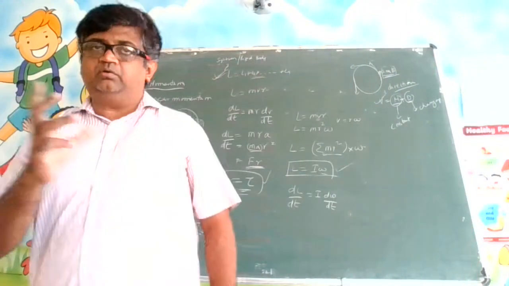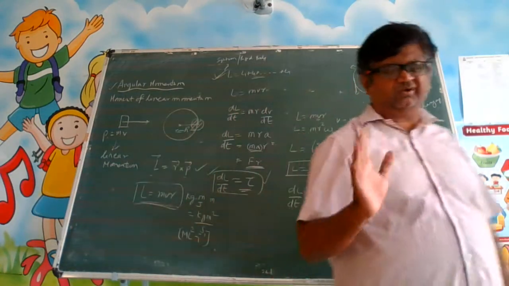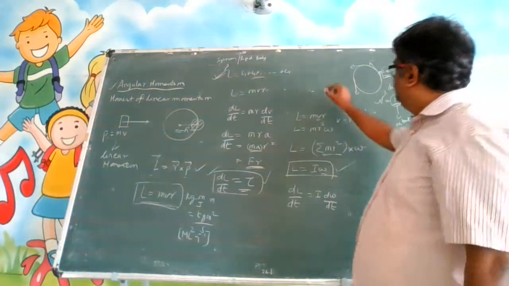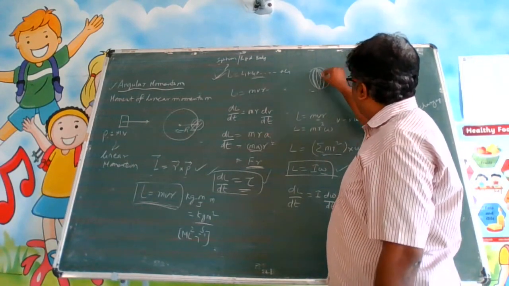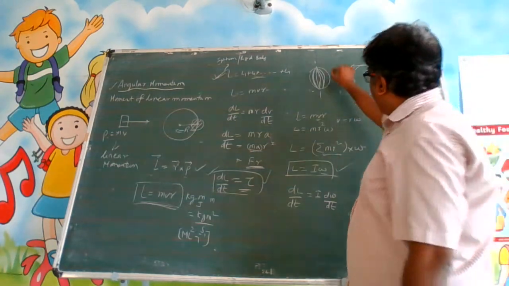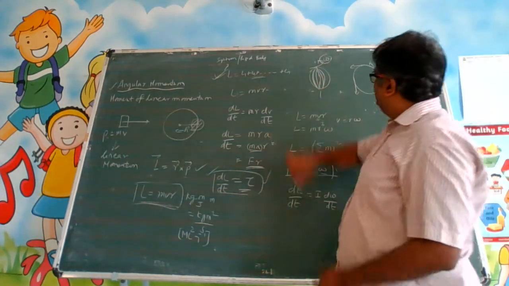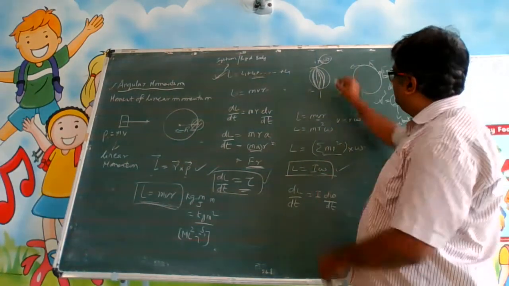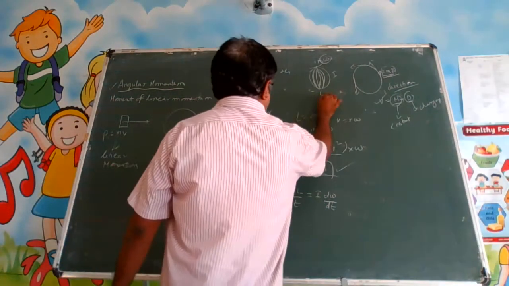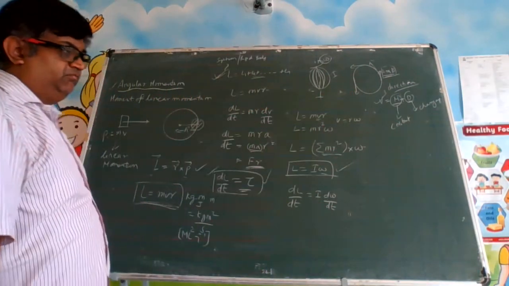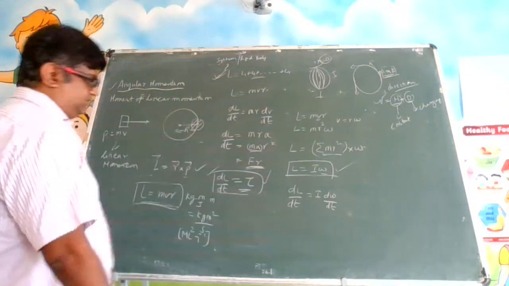Now, don't get into saying I will shift the axis, then the I value will change. We are not talking about axis shifting and all that. We are saying that there is some sphere. Let us say the sphere is like this. Okay, there is a sphere. This is the CG axis. Now, it is made to rotate with omega. What you can change is the angular speed, but the I value will remain constant. It will be 2 by 5 into mr square only. As long as you are talking about this axis, it will not change. Whether you rotate with more speed or less speed, the I value will remain the same.